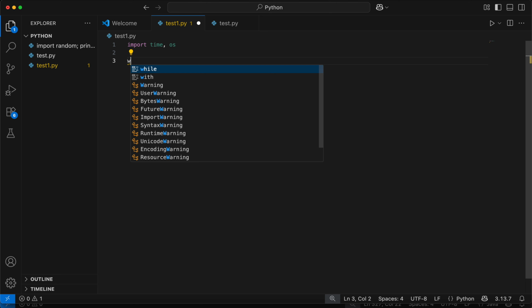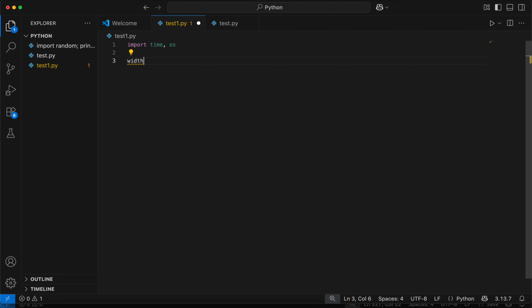So guys, let's write width, height equals 20 and 10. Next we'd like to do is x and y equals 0, 0. And next we'd like to do is write dx and dy equals 1, 1. And then we'd like to write while